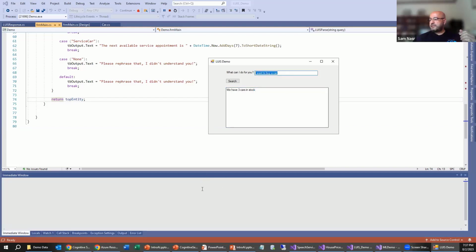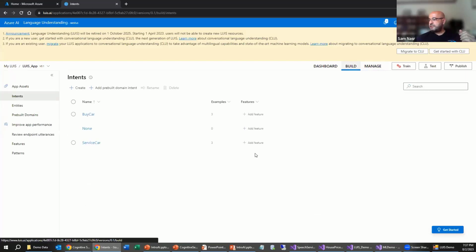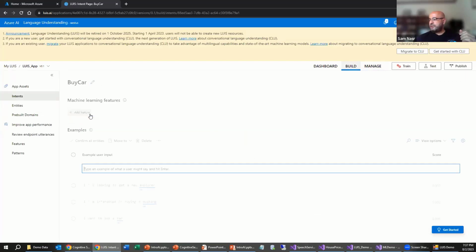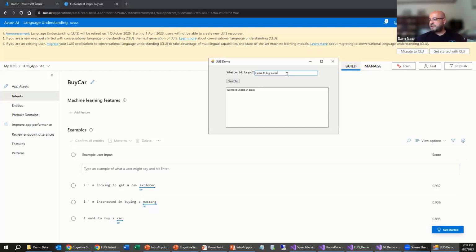So this is a very basic, simple phrase. I want to buy a car. Looking at how I built this, let me look under the intents. You'll notice I want to buy a car is listed on here, right? So it comes back that obviously it's a top scoring intent. But what if I was to go through the demo again and say, sell me a new ride? I'm going to go very slang on this. And you notice that phrase, sell me a new ride, does not exist in the 3 phrases that I trained it on. But when I click search,